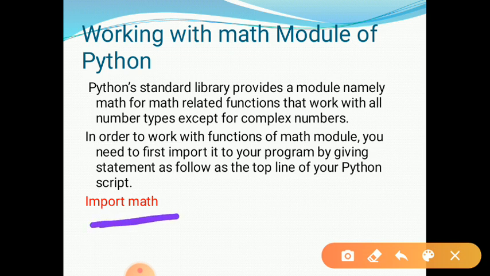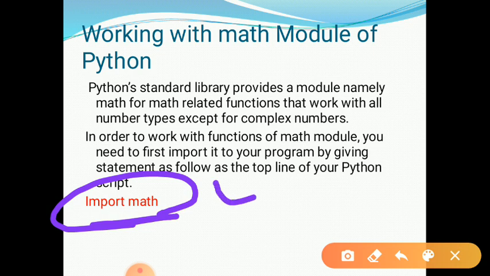The line is import math. Whenever we create a program in Python, the first or starting line is the import line. Whatever functions we use from a library, we first need to import it. So in our Python program, the first line we write is import math, because we are using the math library.